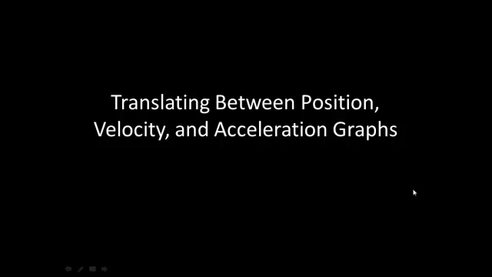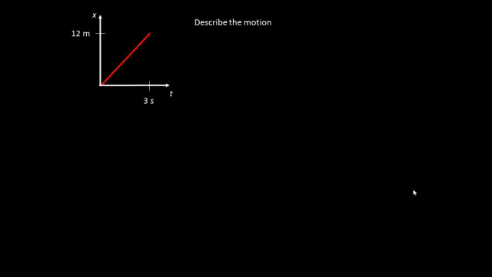This video will investigate translating between position, velocity, and acceleration graphs. Let's begin by looking at a simple situation where an object starts at the origin and moves in the positive direction. We see that this shows up on our graph as a straight, diagonal line, where the slope is